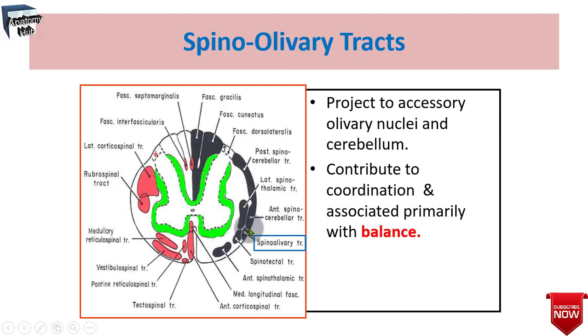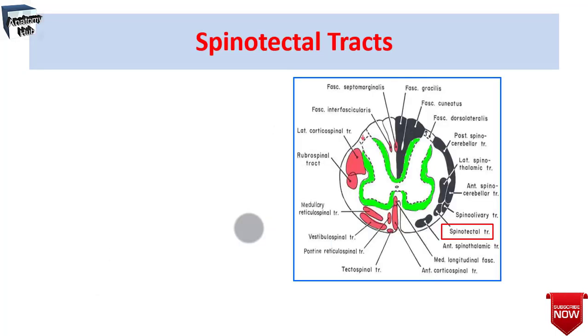They end by synapsing with the inferior olivary nucleus in the medulla oblongata, and the axons of the third order neurons cross the midline and enter the cerebellum via the inferior cerebellar peduncle, and they contribute to the coordination and are associated primarily with balance. Like that, we will find the spinotectal tract. So the spinotectal tract that you can observe over here,